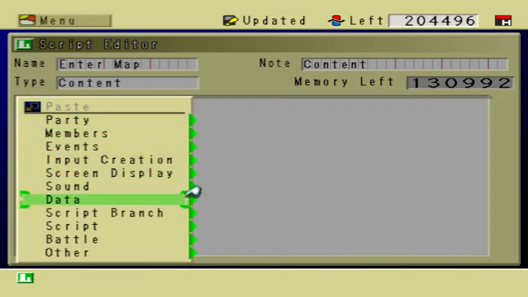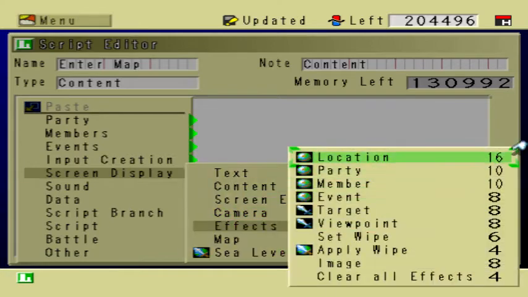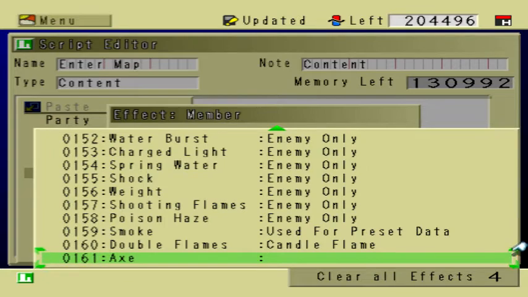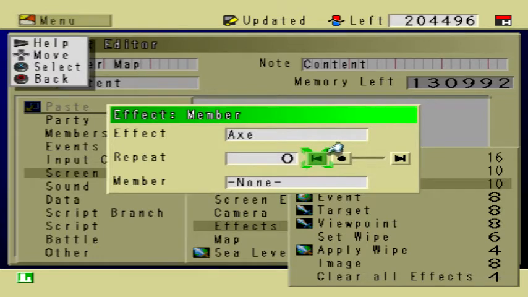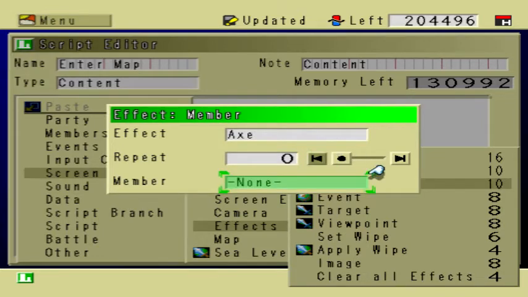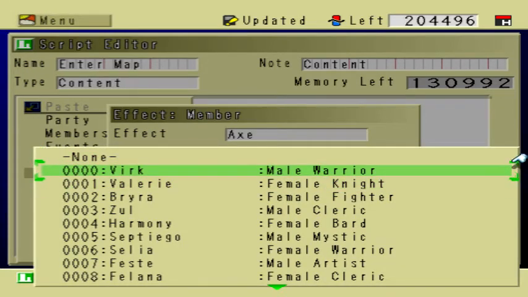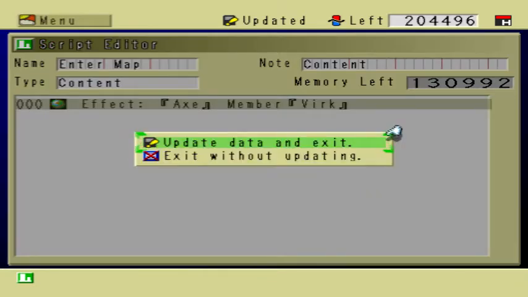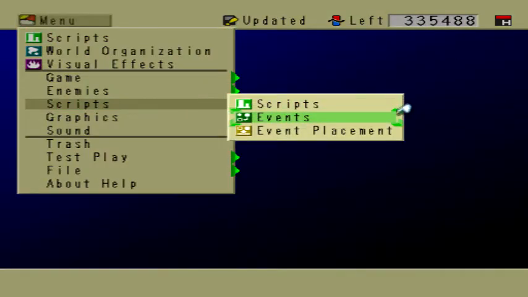And then the first line, it's only going to be one line of code, so just go to screen display, effects, member, and then choose the effect that you created. So that would be the axe. The repeat is going to be on 0, which means that it's going to repeat indefinitely, forever and ever. And the member can be any member you want, but in my case, I'm going to choose Virk because Virk is the main character. And that's about it. You can save that, get out of there, go to Scripts, Events,